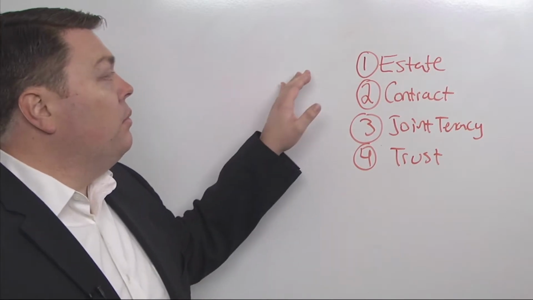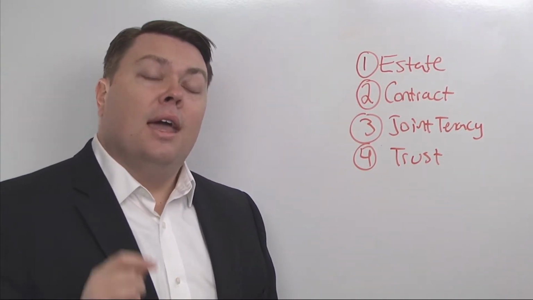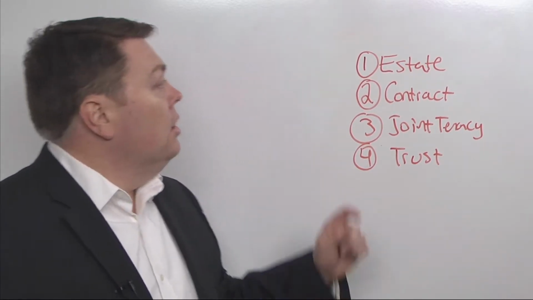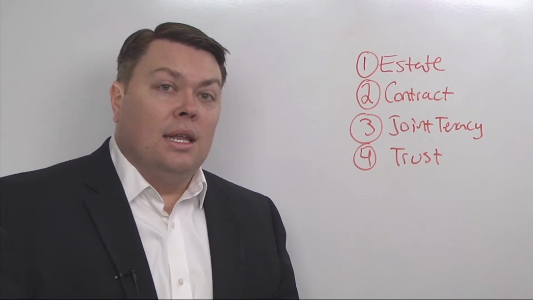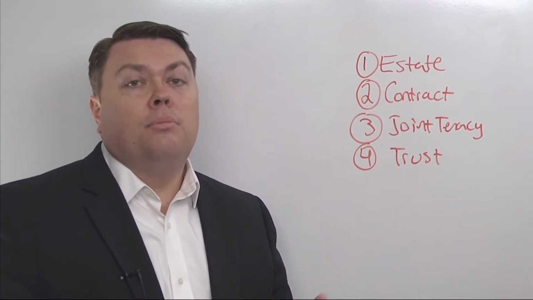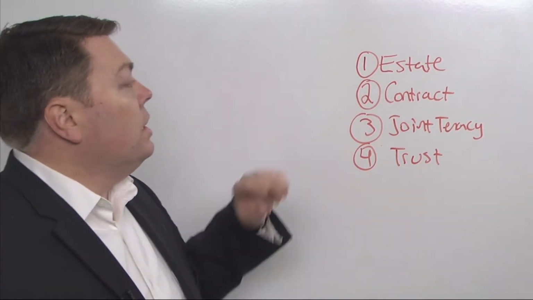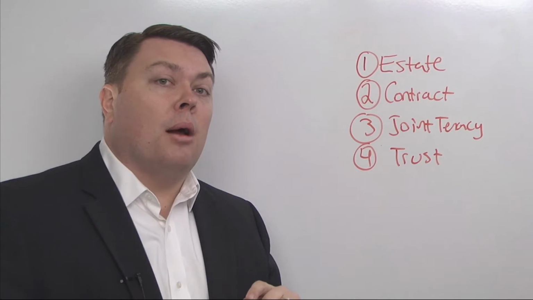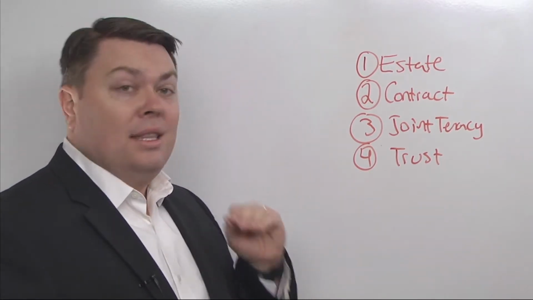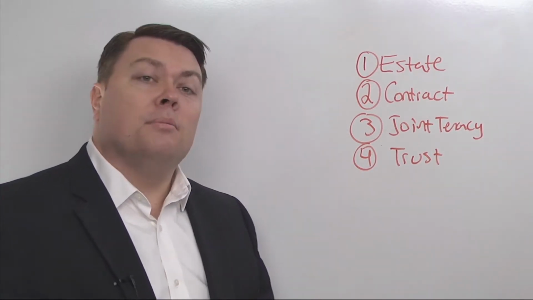And over the last couple of weeks, we've talked about 2 of the ways to pass property at time of death. And this week, we're going to talk about the 3rd way to pass property at time of death. So in week 1, we talked about estate and how if you do nothing, your property will pass through probate. And we talked about the pros and cons of that. And in week 2, we talked about passing property by contract, and we talked about the pros and cons of passing property that way. And then this week, we're going to be talking about the pros and cons of passing